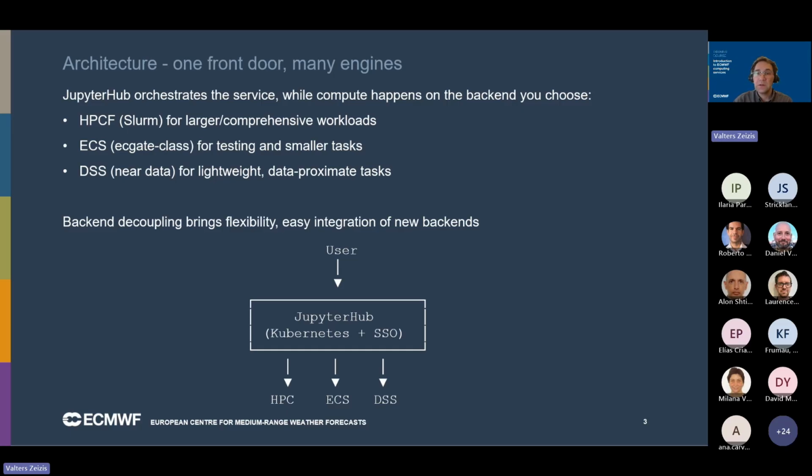So if you pick HPC, then your server is launched through a Slurm job on Atos, and this is most useful for larger memory-intensive work and also longer-running tasks. A bit more lightweight is the ECS backend. It's faster and a more general-purpose environment, considered ideal for tutorials and daily work and small to medium workloads. And the DSS backends, these are data stores,